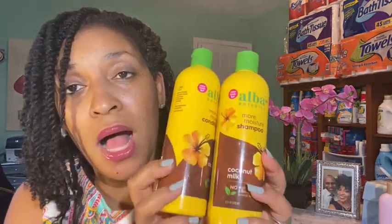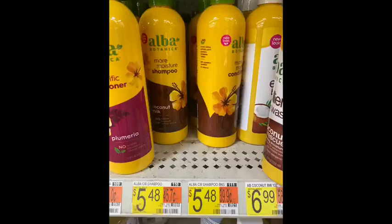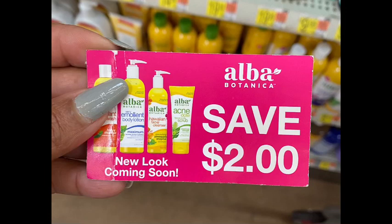All right, so the next rebate I decided to do was on the Alba Botanica. Okay, so these were priced $5.48 in my Walmart for a total of $10.96. Now, I did happen to have a $2 coupon that was stuck on a product in the past, and it was actually a body wash, okay? But the coupon says any Alba Botanica, and then it gives a size restriction. All right, so that coupon beat. The cashier pushed it through as a vendor coupon, and I was cool with that. That dropped my cost to